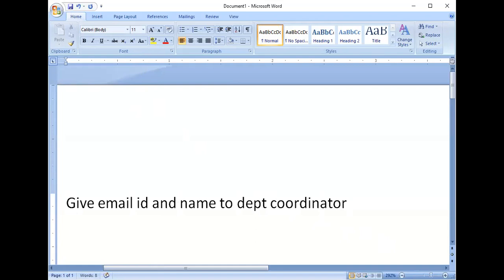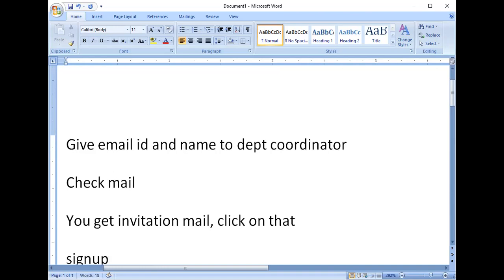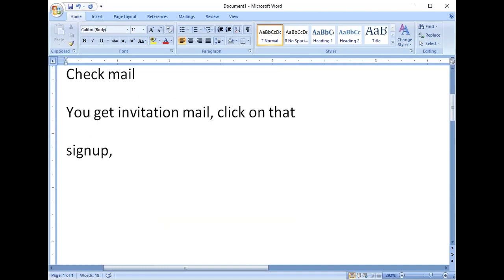Second, check mail. You get an invitation mail. Click on that. Next is sign up, set password.